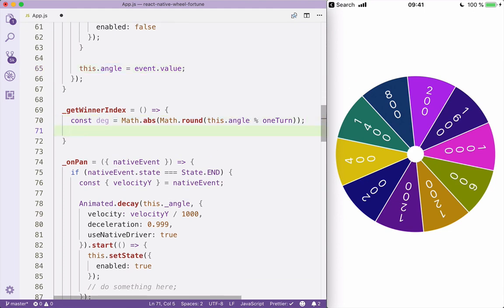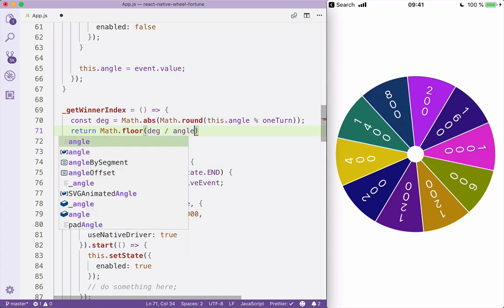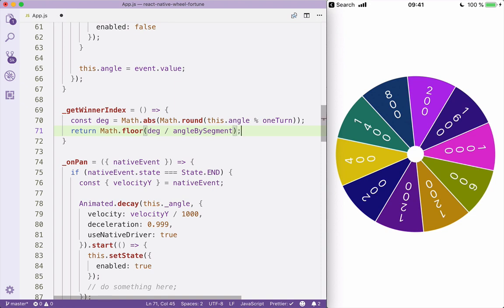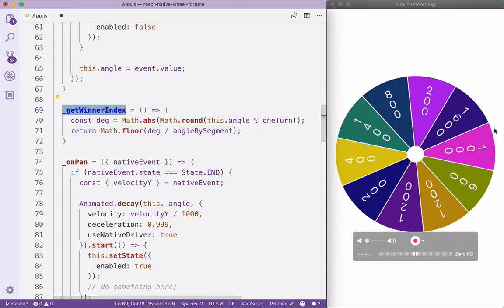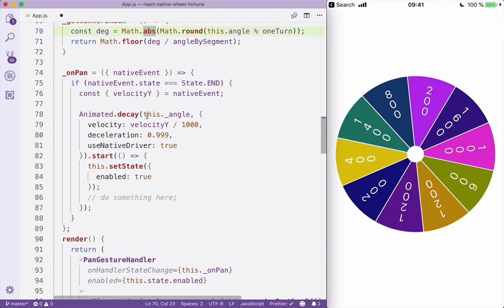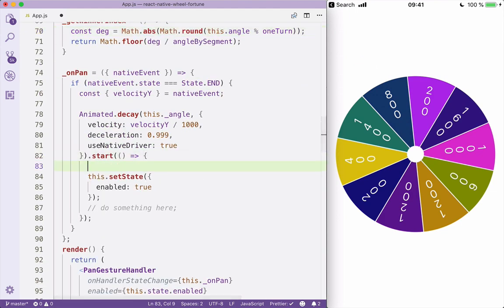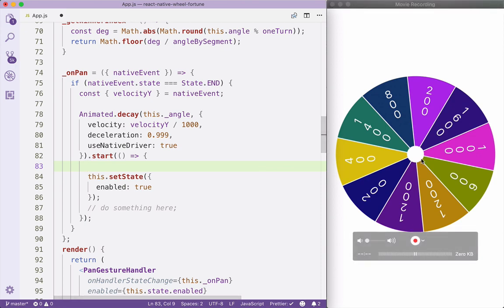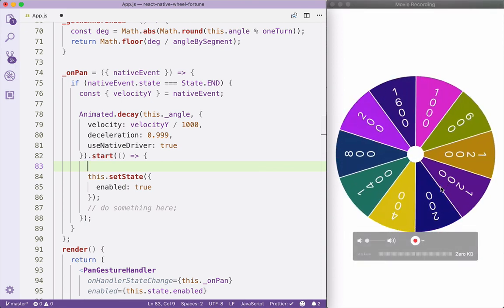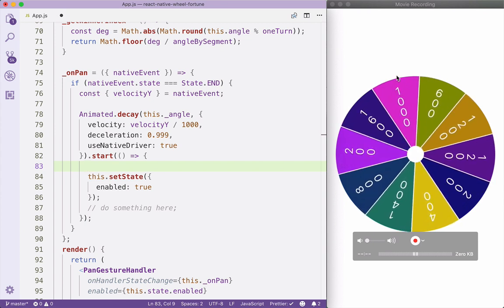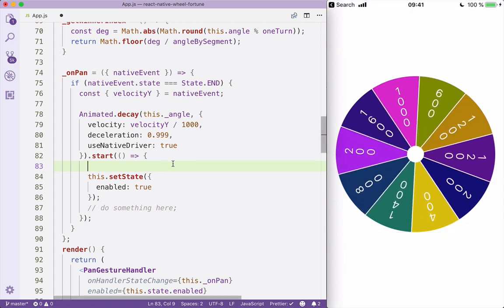So we'll have this one here, and we will return the degrees divided by the angle by segment, and this will give us the index of the current winner. And when the animation is finished, we first want to do a couple of things. So if the animation now is finished, we want to first snap into the middle of the current winner,